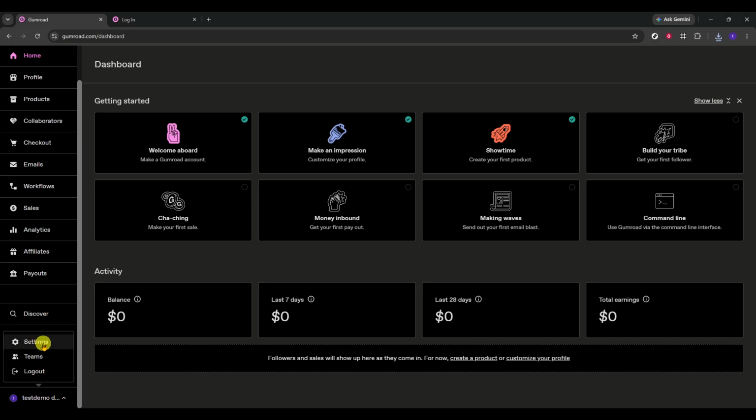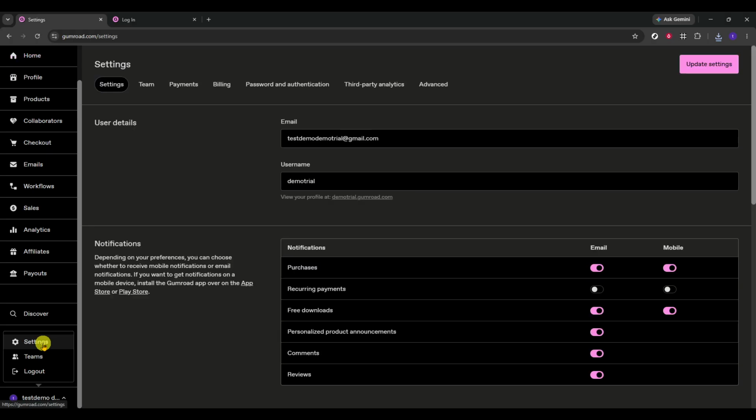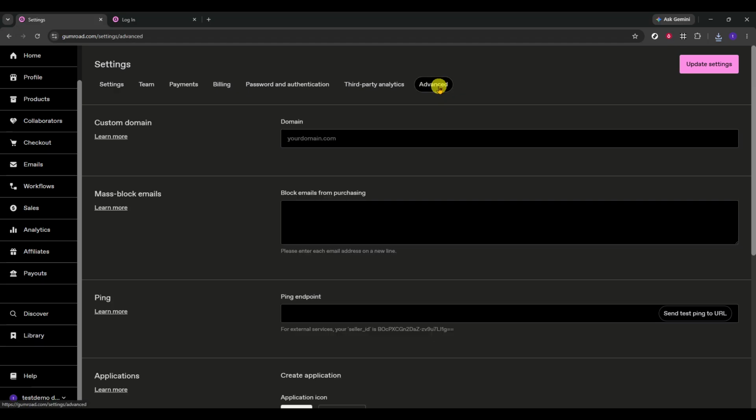You'll be taken to a page with several tabs or sections, so the next step is to move into the area that contains the domain settings. Once you're in Settings, click on Advanced. This section includes more detailed configuration options, including the area where you can connect a custom domain to your Gumroad storefront. If you're following along for the first time, it's a good idea to go slowly here so you don't